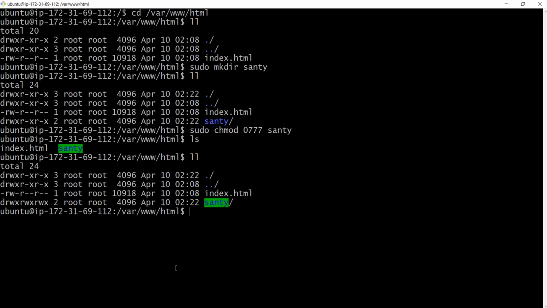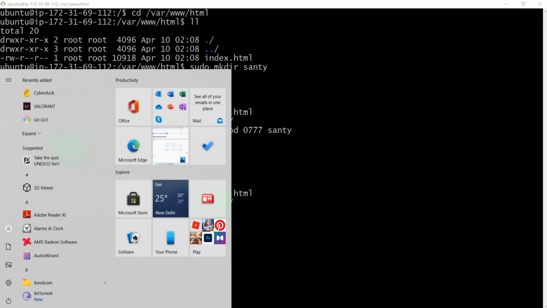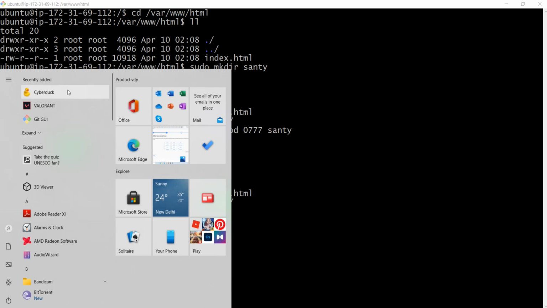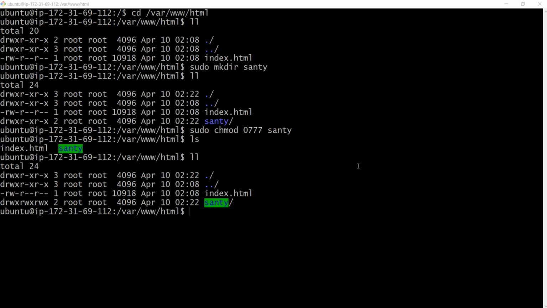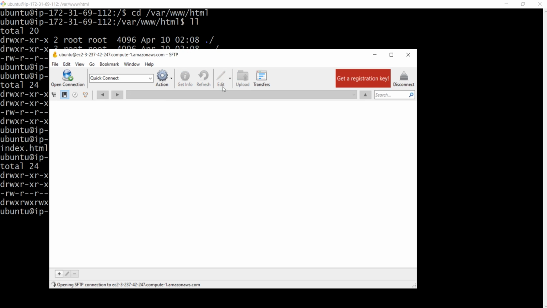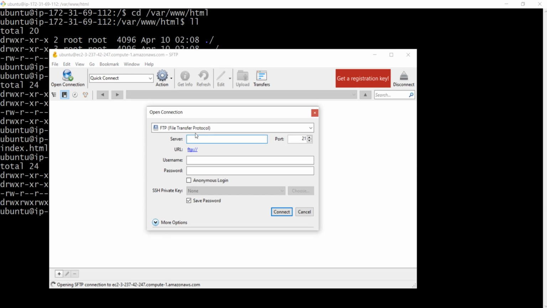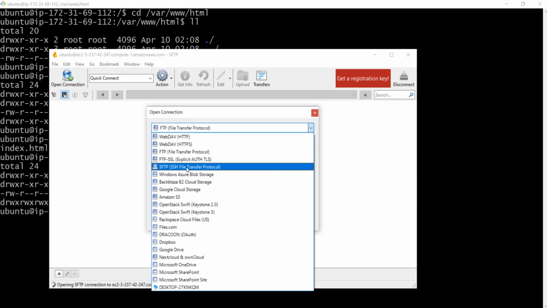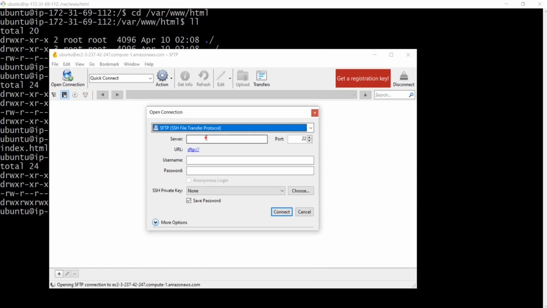So in order to connect, you need to install Cyberduck. So using Cyberduck, you can directly connect to your instance. So how to get your connection here? In the list, you need to select SFTP.